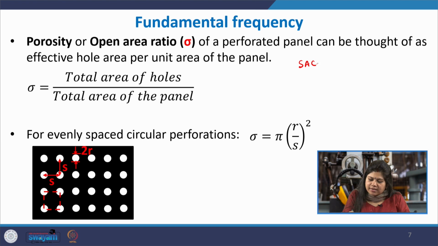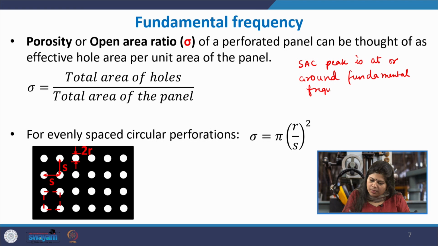I said that the SSE peak is at or around the fundamental frequency, and this is not just for this absorber, but for most of the absorbers, all kinds of resonance based absorbers like the Helmholtz resonator, the panel absorber, the perforated panel absorber, and later we will study the micro perforated panel absorber. So, in all these 4 types of resonance absorbers, the fundamental frequency is very important,